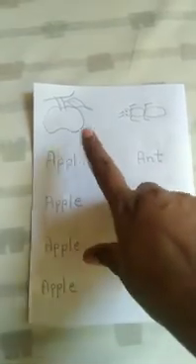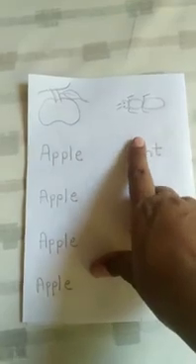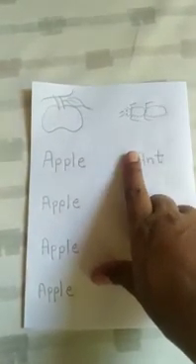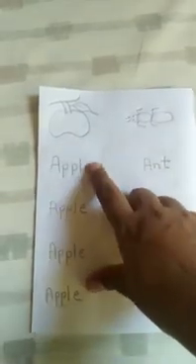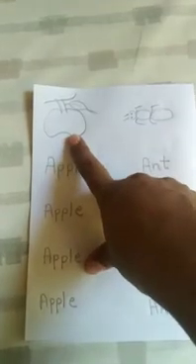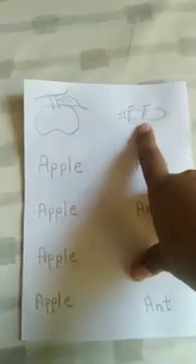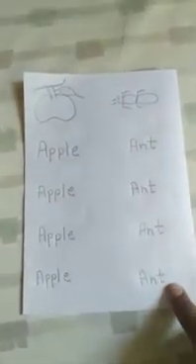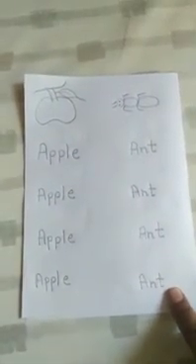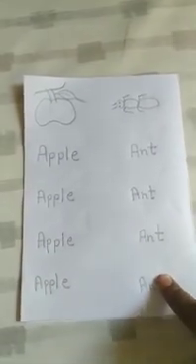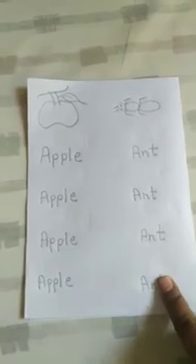Now you have to draw the pictures. Whichever pictures I have given here, you can draw the pictures or you can paste the pictures. But you will be writing down in your English copy. A for apple, A for ant. Okay? This will be done one full page. Writing down one full page for your classwork and one full page for your homework.